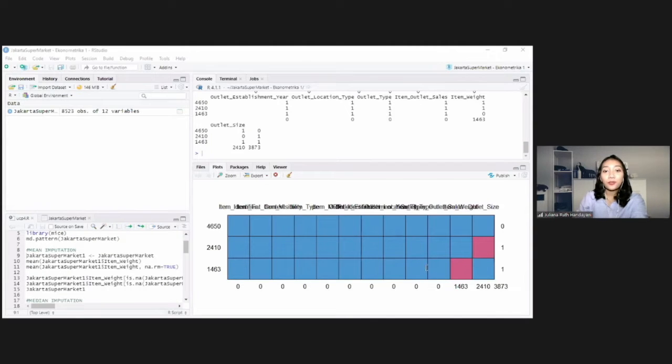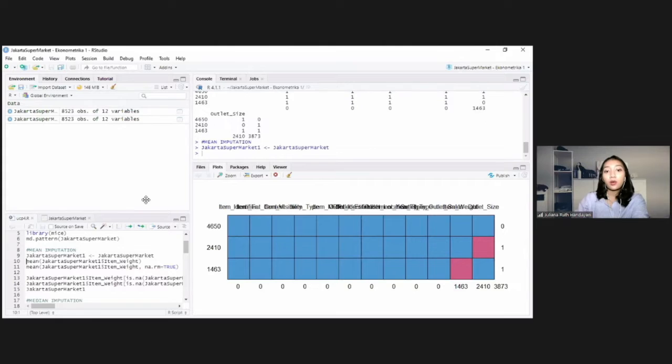Next, we look for the missing values in the item weight variable using the mean. Use this command before finding the value of the missing data. First, we make a copy of the data so that the original data is not corrupted.